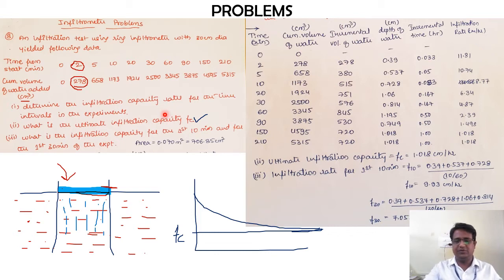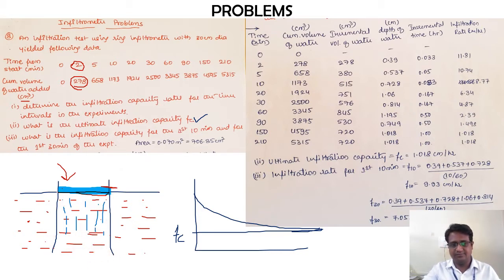Now with this, before we go for the calculations, one more thing you need to remember is that the diameter of this particular ring infiltrometer is 30 centimeter. For this 30 centimeter diameter you need to determine the area, because through that area itself the infiltration is going to take place, right?